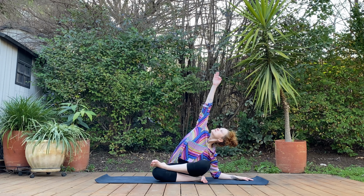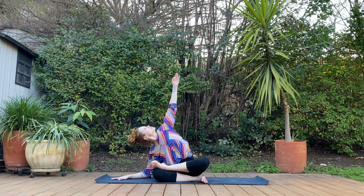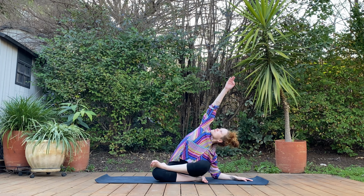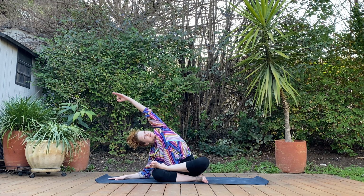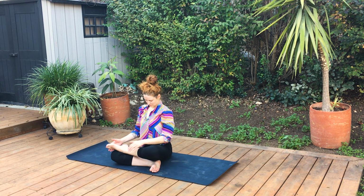Breathe out, let it carry you through the center. Open the chest. Let go, extend your spine even longer as you fold forward, as you move to the side. And let the left arm take you back to the center. Long spine. Unwind your legs